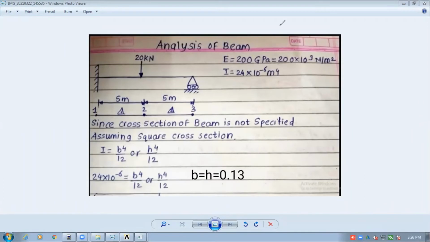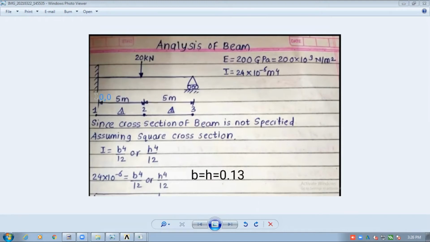So for that, we will assume node 1 as a reference node. I will enter its coordinates as 0, 0.